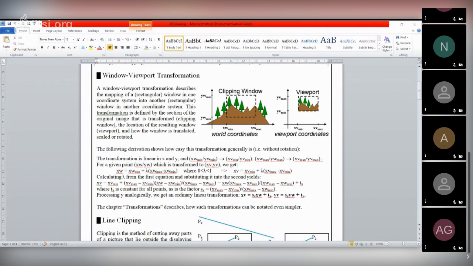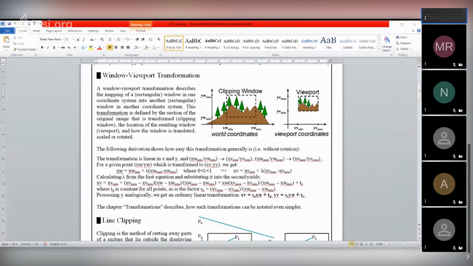So how is it happening? That means we need to apply the transformation. Suppose this is our world coordinate, this scene has to be captured, and this is our camera coordinate window, the viewport, where we should view this scene in this area, in this region.